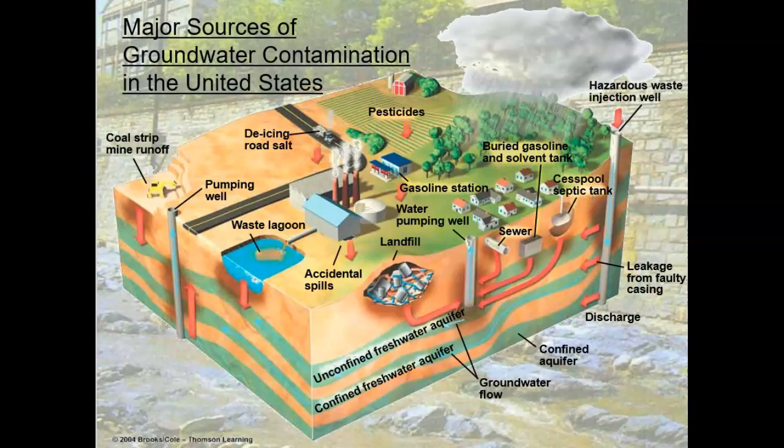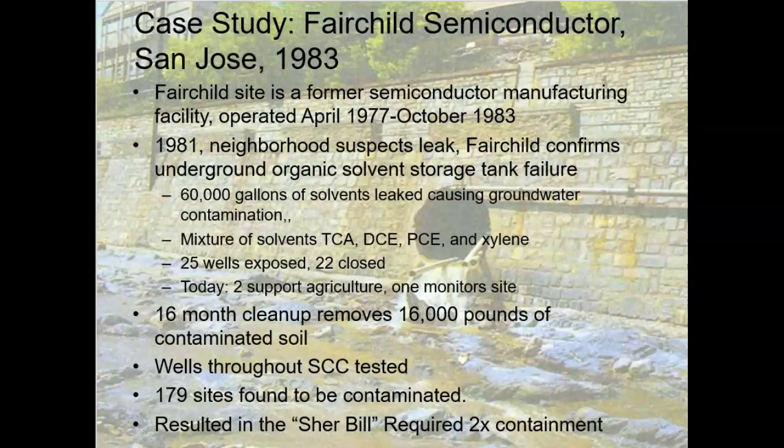For example, septic tanks. So what happened in South Santa Clara County was a leak at the Fairchild semiconductor plant. The city and their urban planning people wanted to move some of the high-tech industry to the southern part of San Jose so they could basically create some industry for themselves there and also reduce commutes by having Silicon Valley not located just up in Mountain View and Sunnyvale and Santa Clara and North San Jose, but to have some located in South San Jose. And so Fairchild went out and located there,